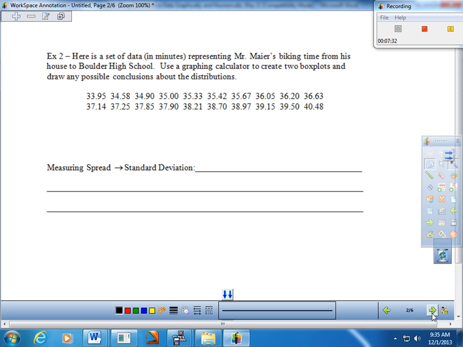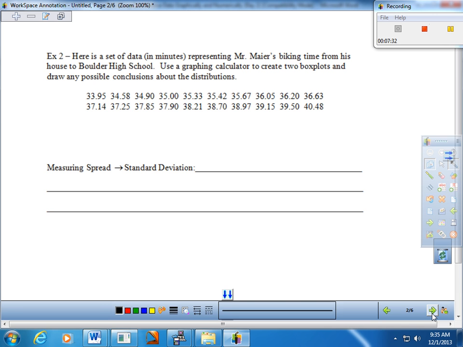Let's go ahead and do a couple different pieces with example 2, and now we can use the graphing calculator here. So it says, here is a set of data in minutes representing Mr. Meyer's biking time from his house to Boulder High. So this would be in the morning, waking up and coming to school. So from my house to Boulder High, use a graphing calculator to create 2 box plots